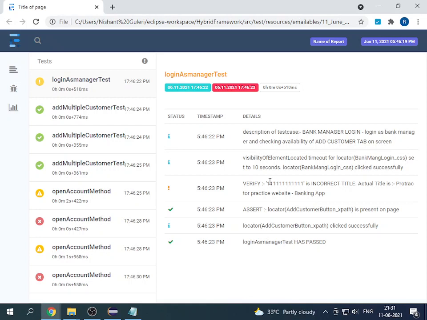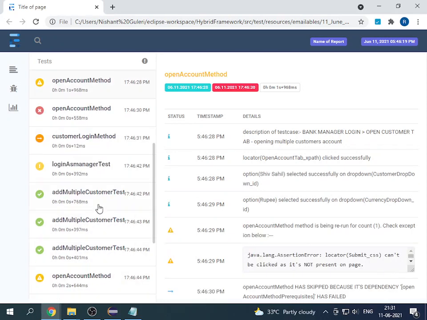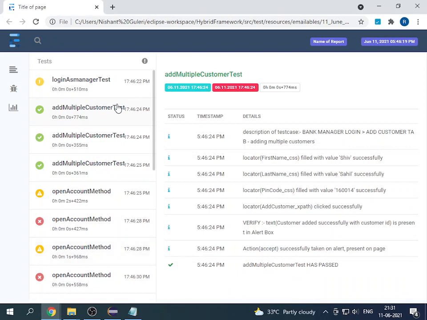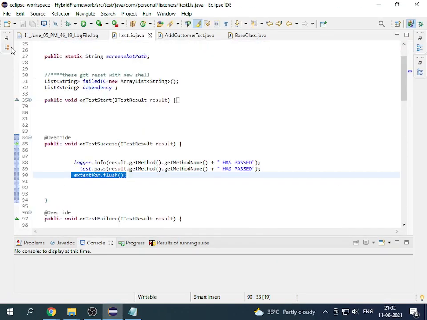If an assert has gone incorrectly, it will have stopped at execution, and there will be a little cross mark over here. So the soft assert has failed, so I don't want that. I have written the code in such a way in the backend that execution will not stop. I will talk about this in a separate video, because I think this is not the right place to talk about it. I'm going to close this one.